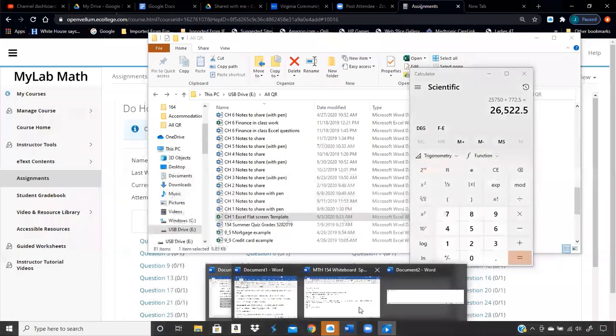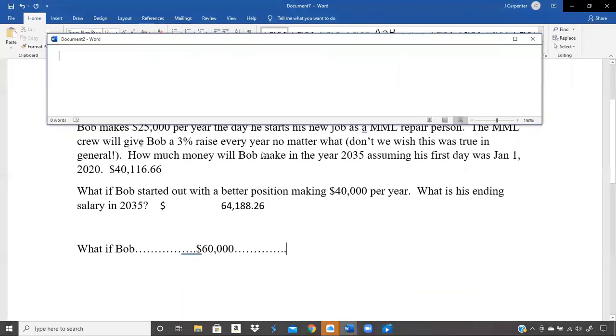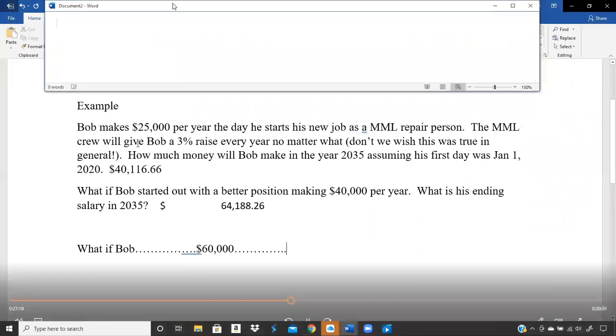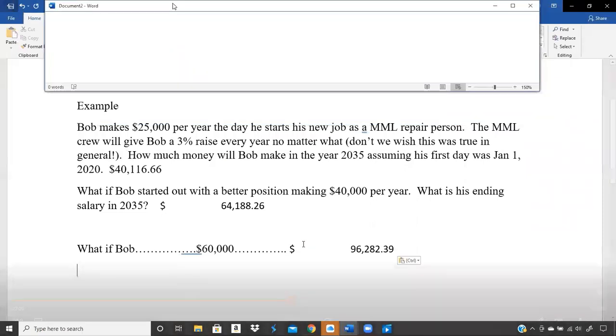So what some people might mistakenly think is, all right, well, if it's a $15,000 raise ending at 40, then that raise, that dollar amount, is going to be the same, but it's not. You make an extra $24,000 roughly, I'm rounding to the nearest thousands. If you start at 40 grand, you make an extra 36 grand if you start at 60 grand. So your base starting salary plays a very important role in how much money you're going to make